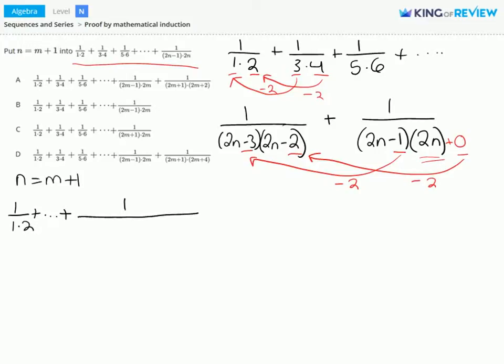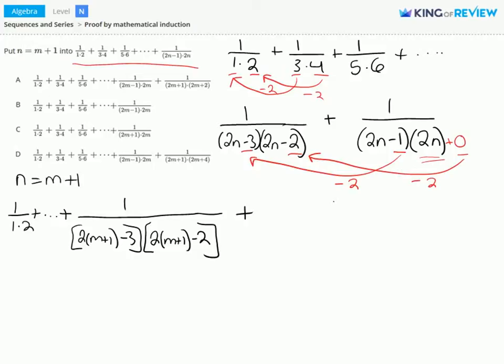And now we have 1 over 2n minus 3, but we're replacing the n. So we have 2 times m plus 1 minus 3 times 2n minus 2, 2 times m plus 1 minus 2,